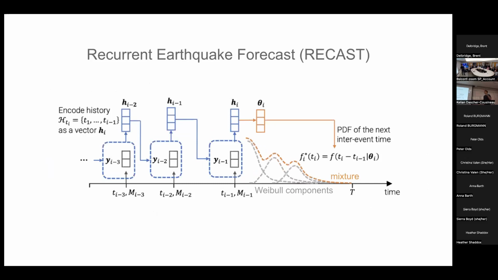So without further ado, I'd like to introduce the recurrent earthquake forecast. This is a deep neural network architecture that builds on recent developments in data science. In particular, there's been a series of very high impact contributions in machine learning that are starting to build what are known as neural temporal point process models. These models are aimed at being general purpose descriptions of so-called point processes. So any sort of event-based process, for example Twitter posts or sales, can be modeled as temporal point processes.